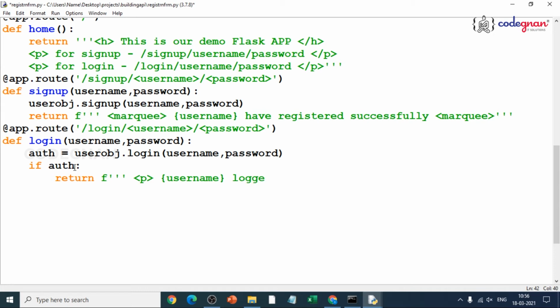So for anyone, it should tell the same thing with their username. Username logged in successfully, and close the p tag. No need of closing over there, because we are just giving multiple tags. It's fine. Then we just give else, because you know how to end the condition, right? Just go for else, return